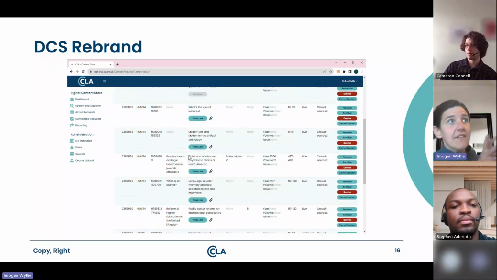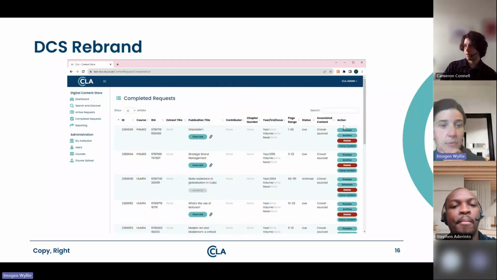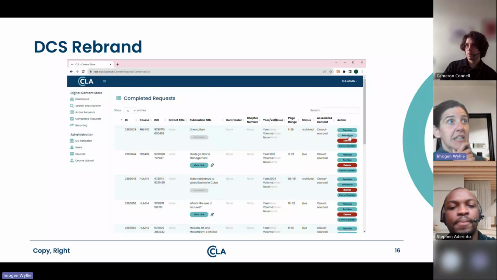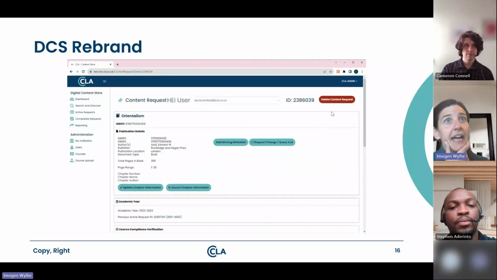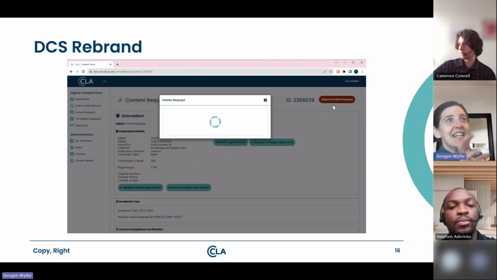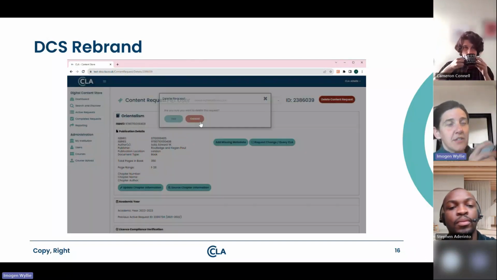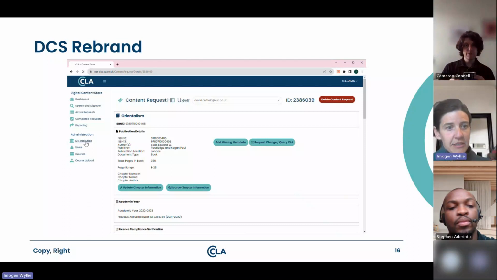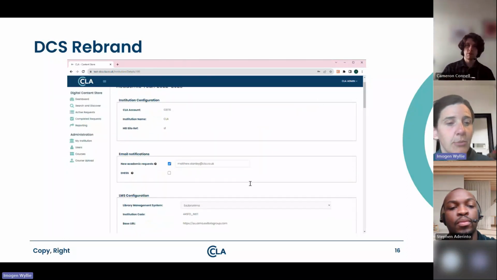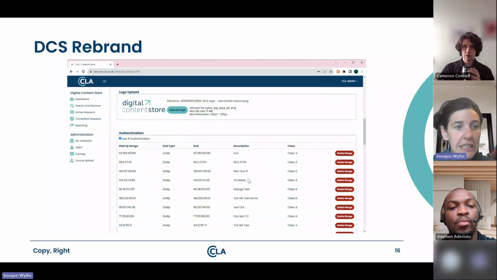So you can see that the left-hand menu, this is one of the changes that we're bringing with it, now stays anchored to the top of the page, meaning that it's much easier for you to get to other areas. Something else that we've done is standardize all of these pop-ups so that this red cancel button is always in the same place.